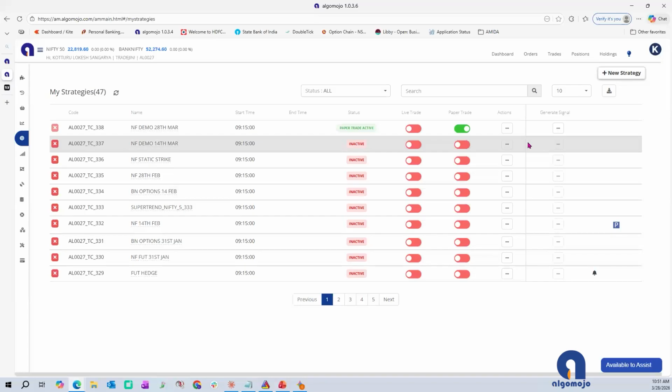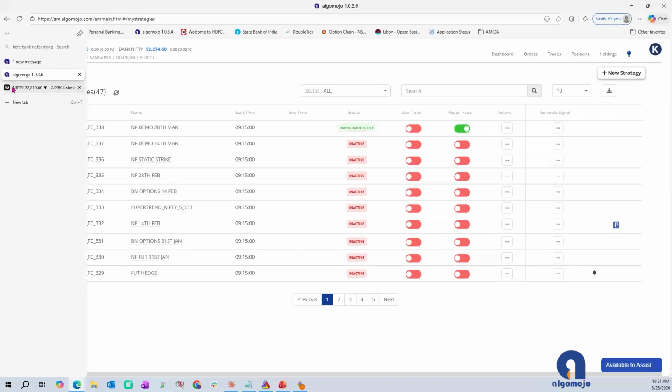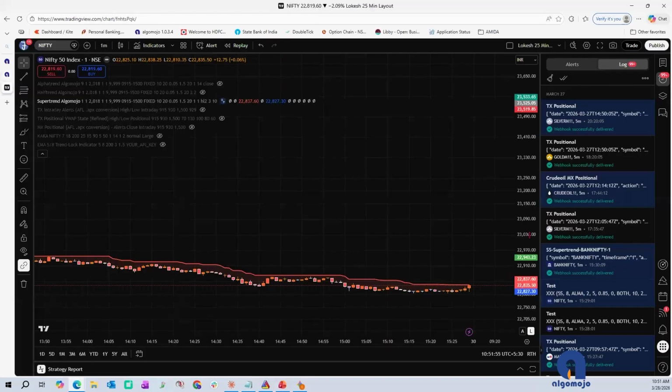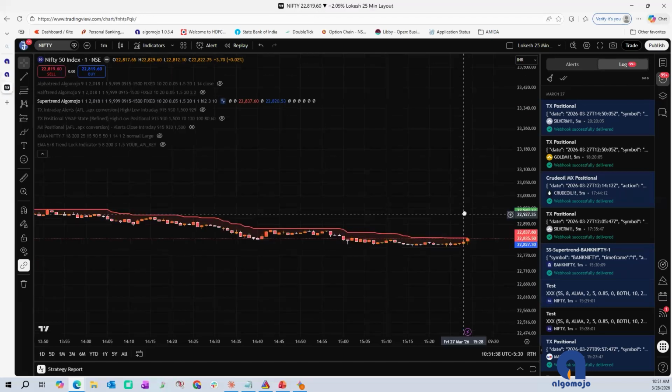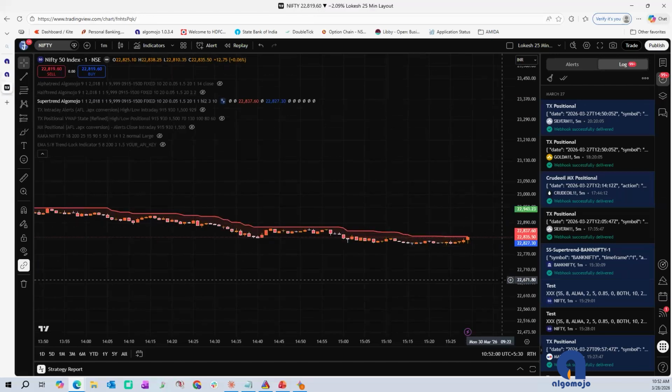Right. So the next step is to get into the chart. If you're using TradingView, then you'll need a subscription of TradingView for automation purpose, because the free version doesn't support the webhook URL. We'll be using webhook URL for sending the signals from TradingView to Algomojo as such. So the first step is to get the subscription, and then create an alert in TradingView for the strategy that you'd like to trade. Now we'll look at super trend as a strategy to check how to do the automation